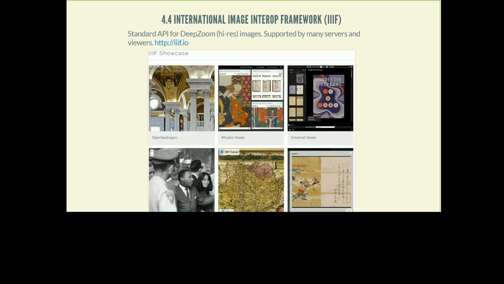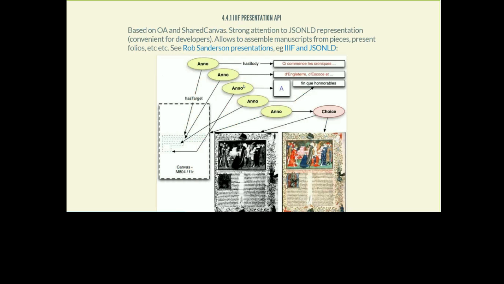And there is a very nice site with the showcase and access to all of the specifications and so on. As part of IIIF is something called the Presentation API, or also called Shared Canvas. So imagine a blank piece of paper, and then on it you're putting some transcriptions. You're also putting two images on top of this blank, but in this case we're saying, well, it's a choice, it's exclusive: either the X-ray scan of this manuscript or the visible light photo of this manuscript. You could also switch between them and compare.